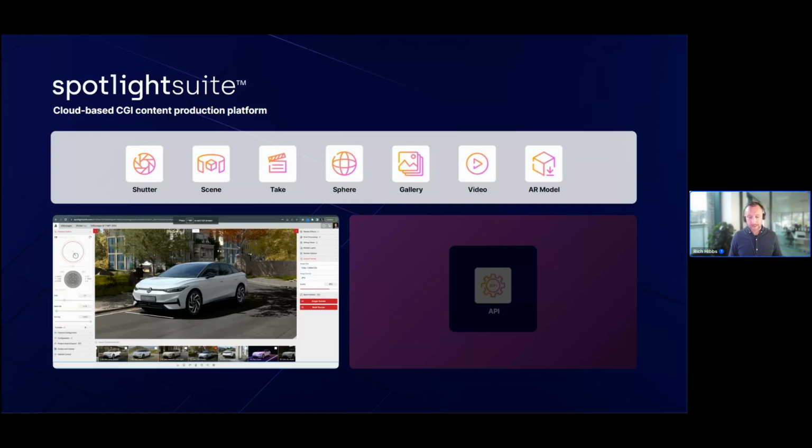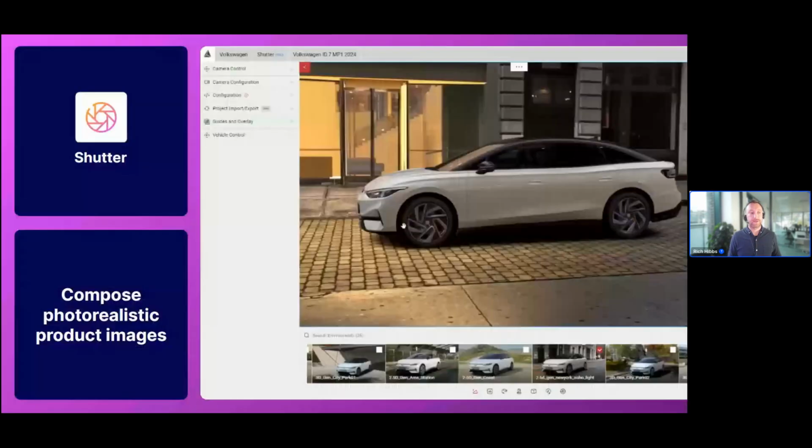So what we're going to do now is we'll just recap on some of the apps that we visited in webinar one. So we did a demonstration of the Shutter app. So the Shutter app is the app that you use to create still images. Here at ZeroLight, I work mainly on the Volkswagen account. So a lot of the imagery that you'll see here uses Volkswagen as an example. But essentially what's happened here is someone will have logged in, given their password, logged into this platform, chosen the ID7, and then they're going to create an image.